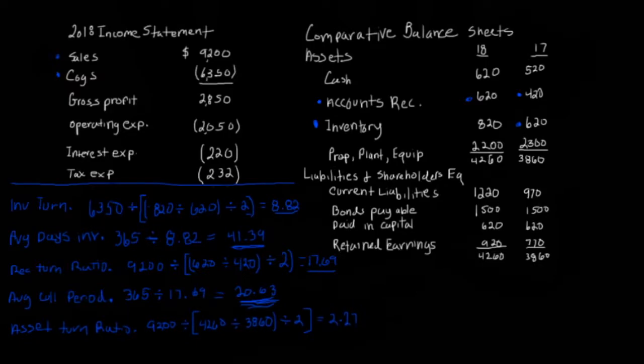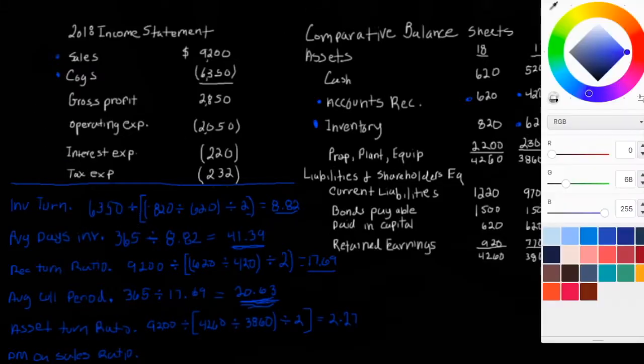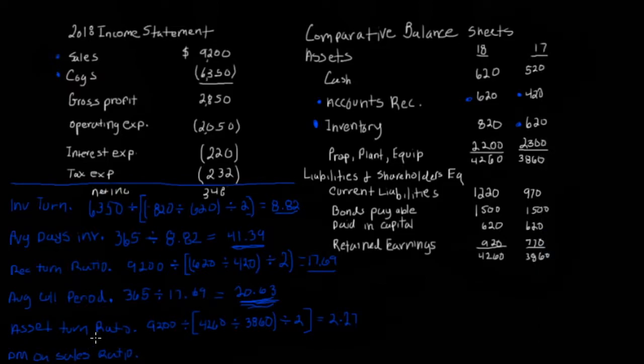Okay. Now we'll do our profit margin on sales ratio. And I'm just going to write PM for profit margin. What you'll need for this one is, I forgot to add it in, so I'm going to go ahead and do that now. Your net income of $348. There we go. 348 is your net income, and you will use that down here below,